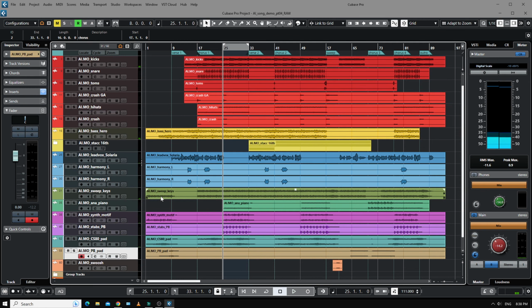So it's not perfect, but it's a good start. I'm going to spend some time refining it, and then what I'm going to do is save that project, then start using the actual AI plugins that are going to refine the mix, getting it ready before we master it with more AI plugins. Okay, should be interesting. We'll see you soon.